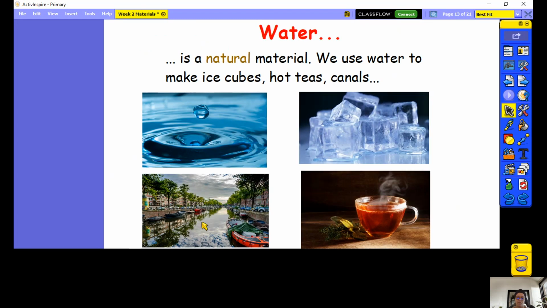Our last type of material we'll be looking at today is water. As you know, water is a natural material and it's used for so many things. You can use it for ice cubes, for your tea and your coffees, for people to build canals. We find it in our oceans, in the swimming pool. So it's all natural